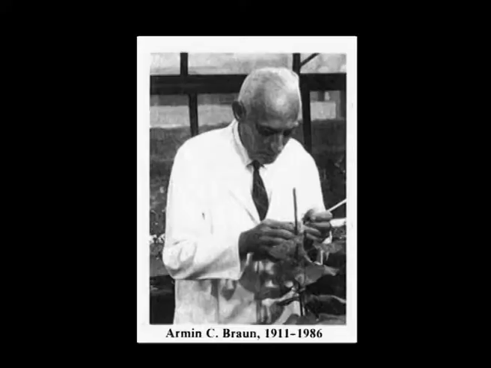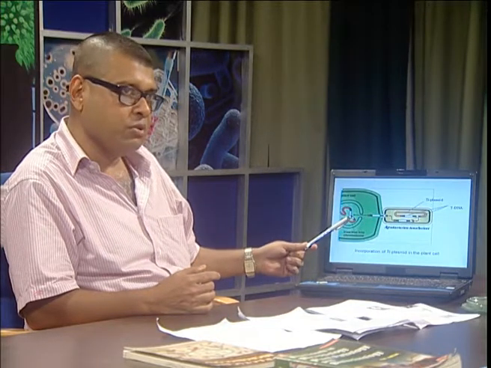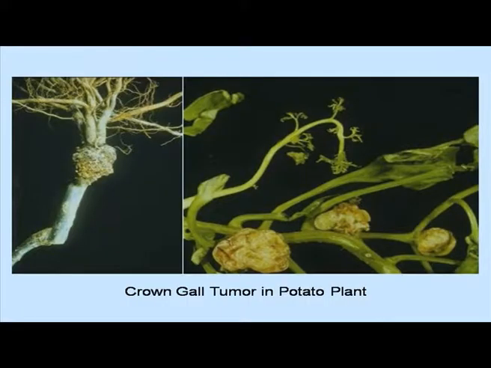Got it? The next important discovery is in 1947, where Brown and his colleagues discovered that this particular bacteria, Agrobacterium tumefaciens, produces the Ti plasmid, which enters the plant cell, causing the crown gall tumor of potato. It is received by the potato cell, and there it enters into the DNA of the potato, modifying the rate of division, and this induces a tumor-like outgrowth in the potato plant or in plants of Solanaceae. So this particular disease, you can call it cancer of plant induced by bacteria.